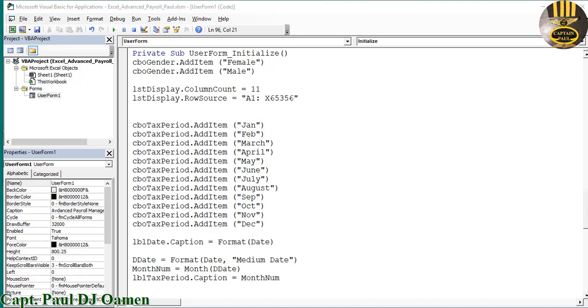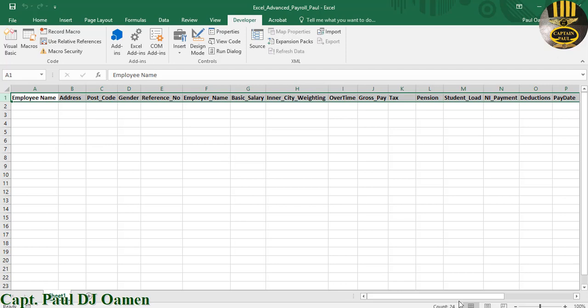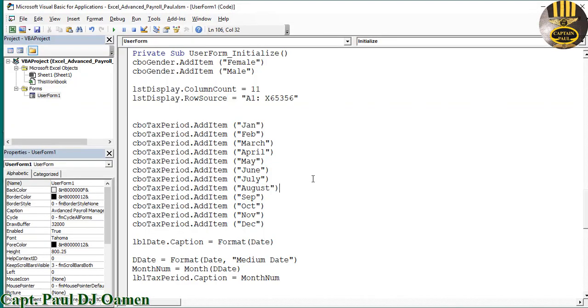65,356, and here are all the data. We don't have any data in there yet apart from this. Okay, and that's it up to X. Alright, so let's go back into that. Now the next thing we want to do is go back into this